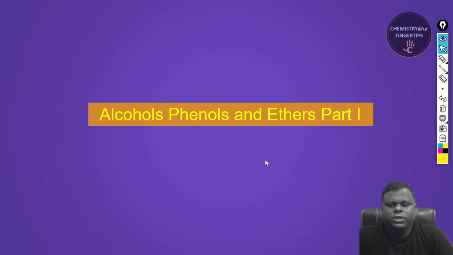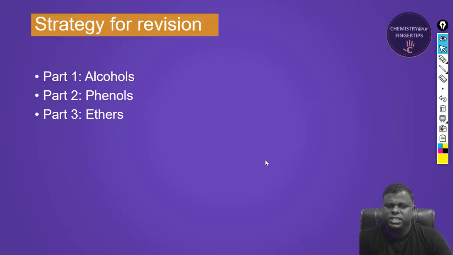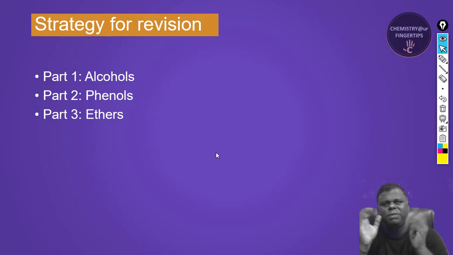So this is going to be part number one, wherein we'll be discussing a few questions and maybe a few MCQs as well. Now let's see what could be the revision strategy. As the name suggests, alcohols, phenols and ethers. Alcohol is going to be the biggest part of this chapter, followed by phenols, which will be comparatively smaller than alcohols. Then in ethers you have very little to study, right?